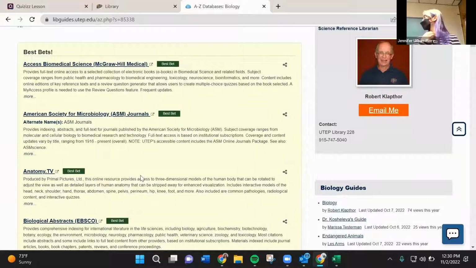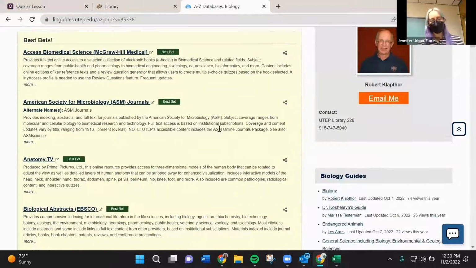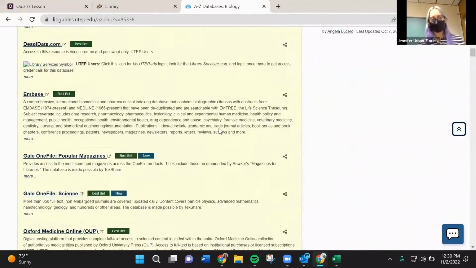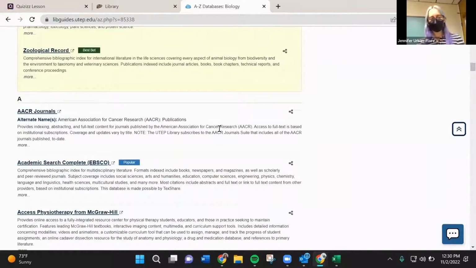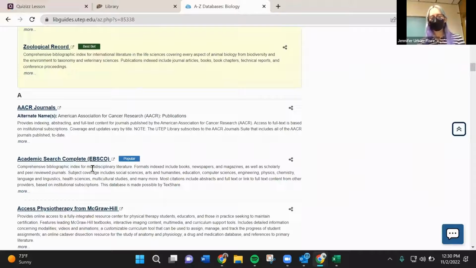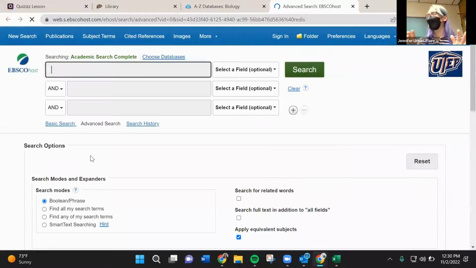Virus. So what we can do is try any one of the best bets here. And then I think also a general one, and this is something we can specify, is just going over Academic Search Complete, because Academic Search Complete is going to cover everyone and everything. So I think that'd be a great one to start with. Okay, for sure. You want to specifically search for stuff about viruses, but you even had a specific virus in mind, right? Okay, cool.